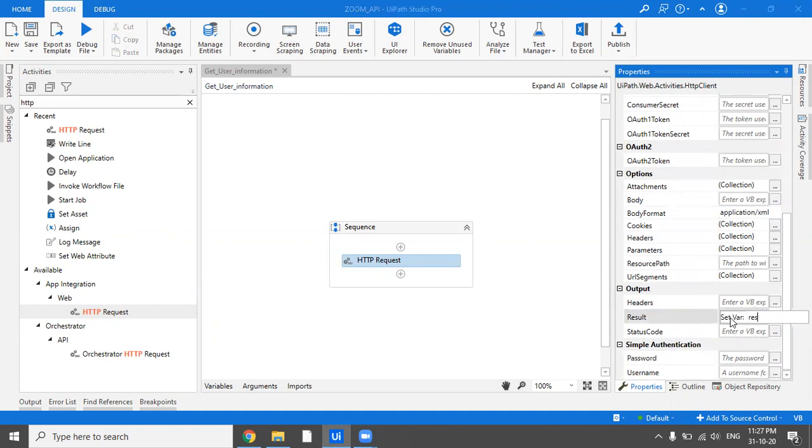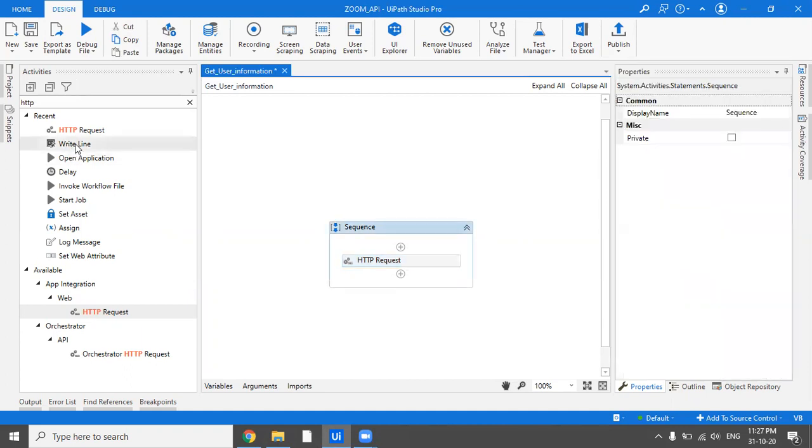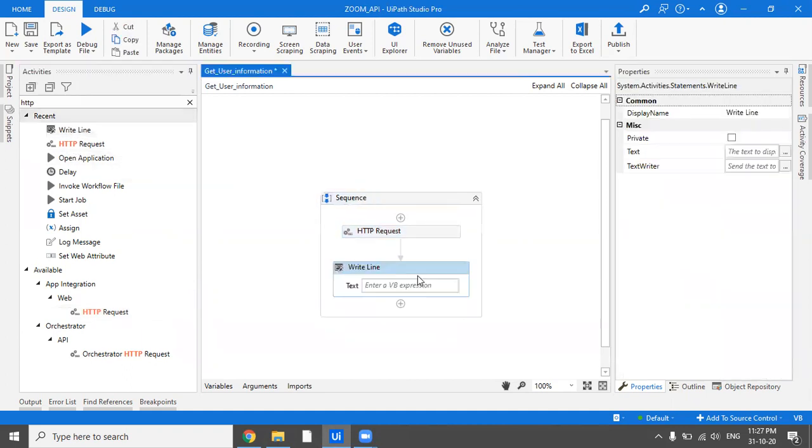So you'll get the result or the user information in a result variable, and you'll get the status code here. So status code is nothing but a numerical digit which would specify whether your request was a successful one or not. And let us do one thing.